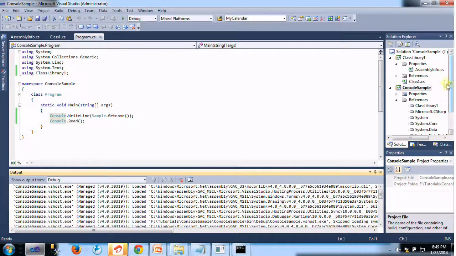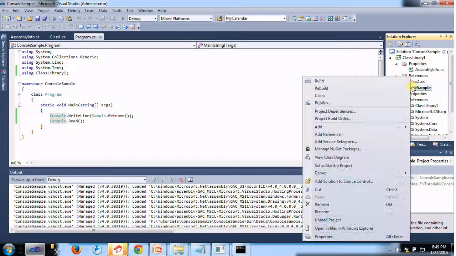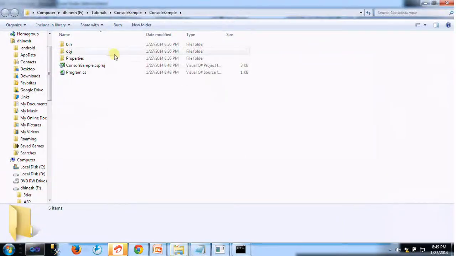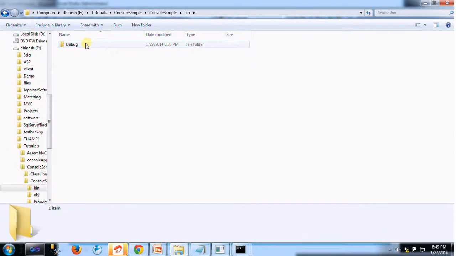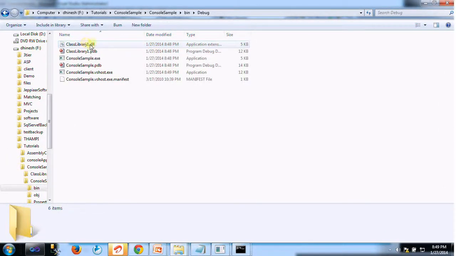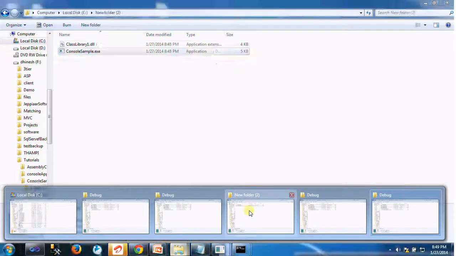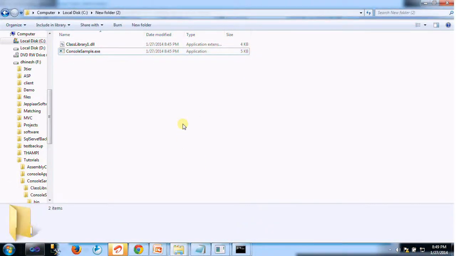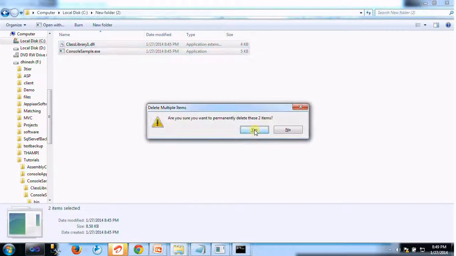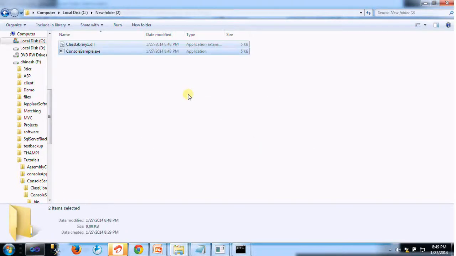Going to open folder in Windows Explorer, and bin directories. In the bin directories we have the class library DLL and exe DLL. Let's copy both and place them in our new folder here, and delete and paste it here, and let's quickly check this.